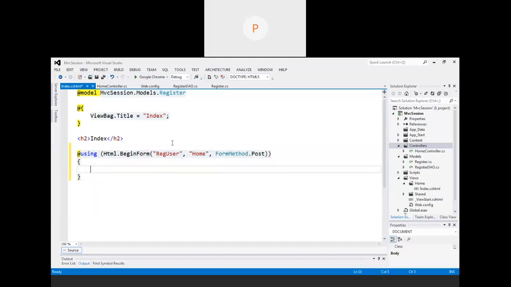The choice is totally yours whether you want to create the page using HTML helper methods or simply using HTML code. First of all, @Html.TextBox in brackets, I will say Name.